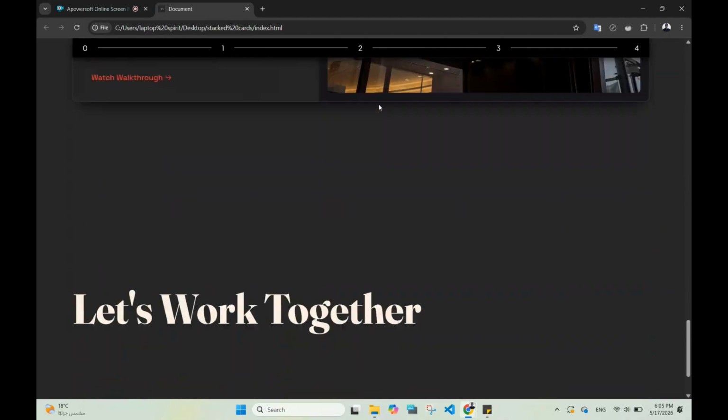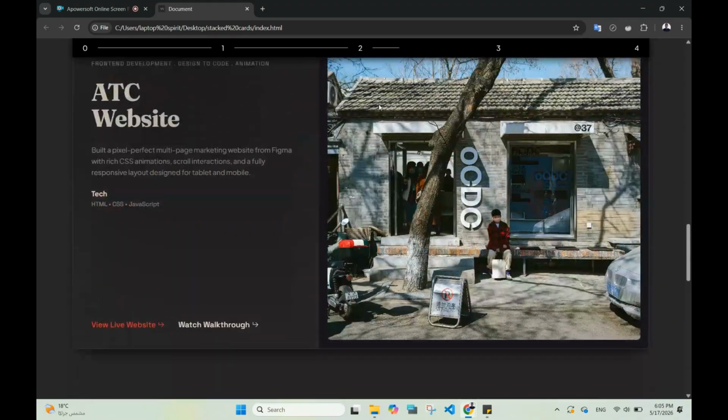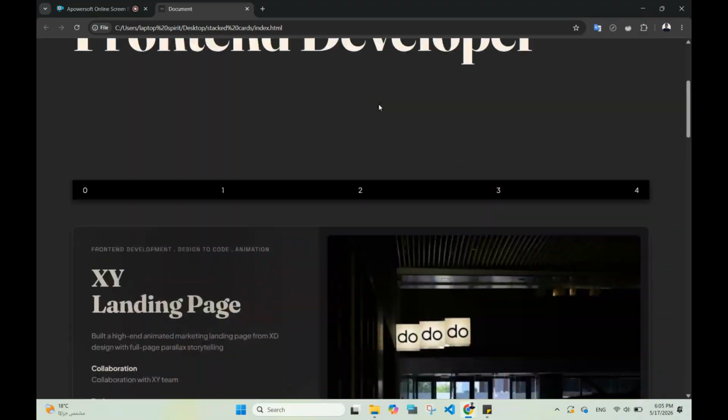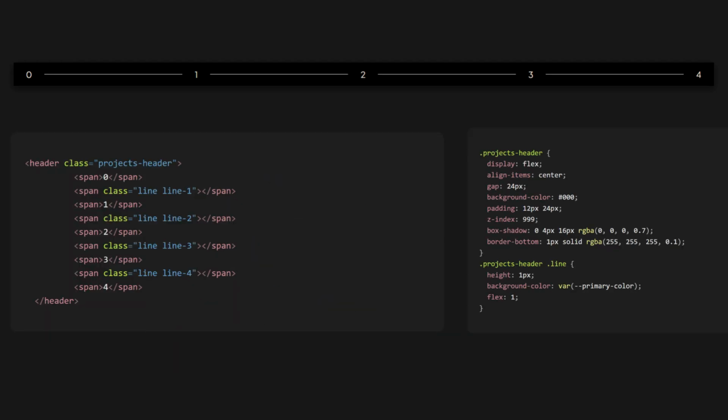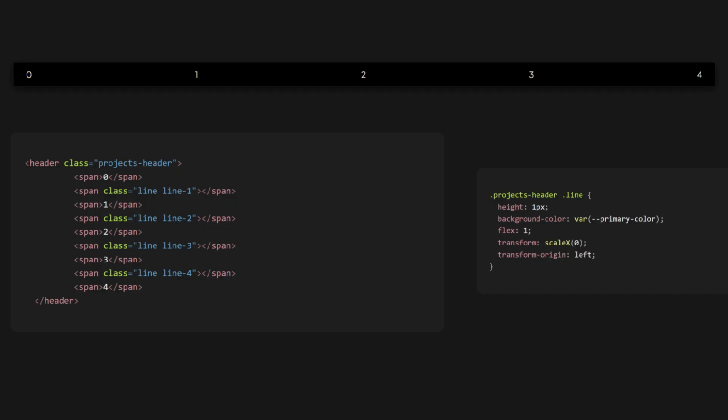Inside the project section, I already created and styled the project cards. Now let's focus on the important part, which is our timeline. Our timeline structure is just a header container that has numbers and lines, spans, after giving it display flex and heights and background for lines, so it's already there. Now for the initial state of the lines, we set